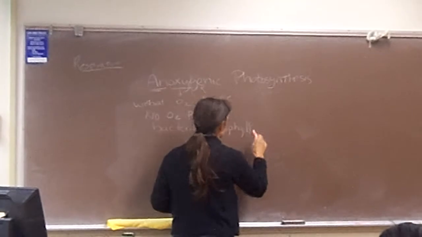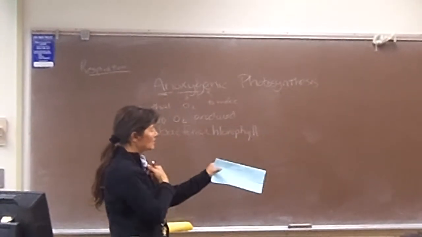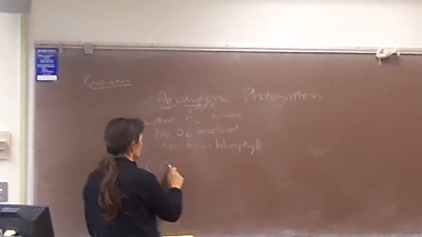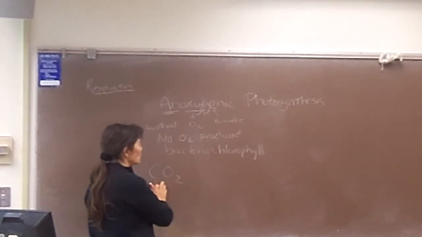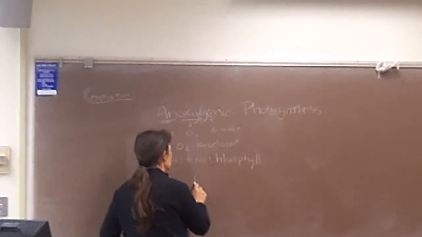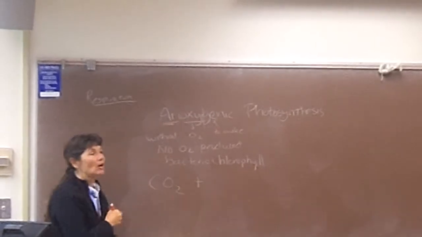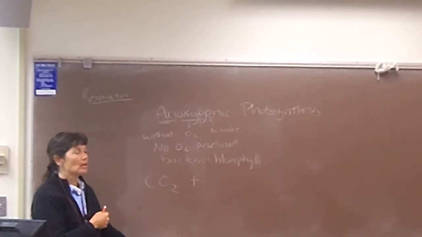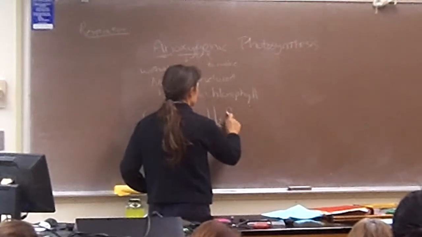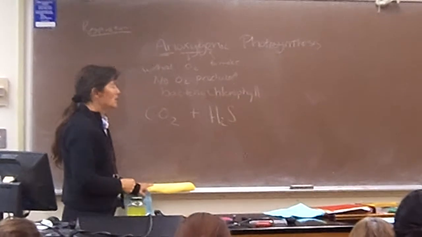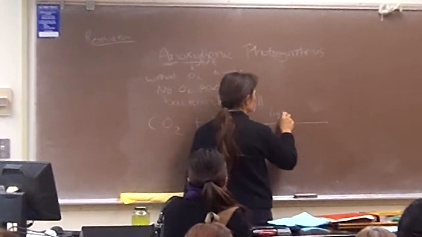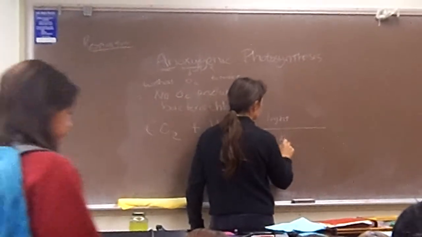And I'll just use one example, the same example that I have on your handout, you guys. In this example, and again, it's not balanced, we're going to be using inorganic carbon dioxide as a source of carbon to make our organic molecules. But with bacterial chlorophyll, we cannot use water as a source of electrons to be donated to carbon dioxide. Instead, in this particular example, we're using hydrogen sulfide. And again, in the presence of light and bacterial chlorophyll,